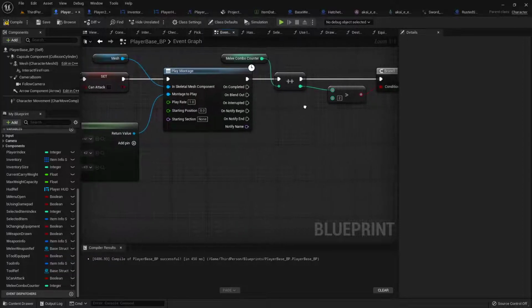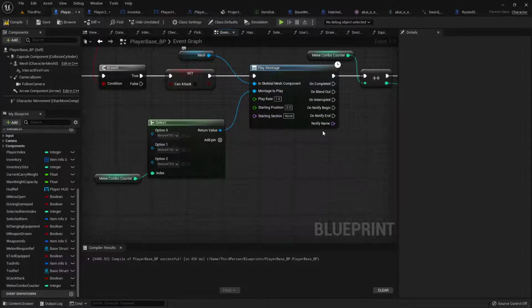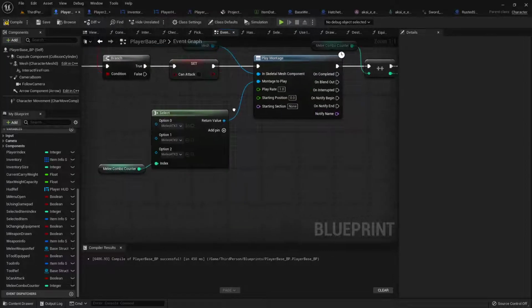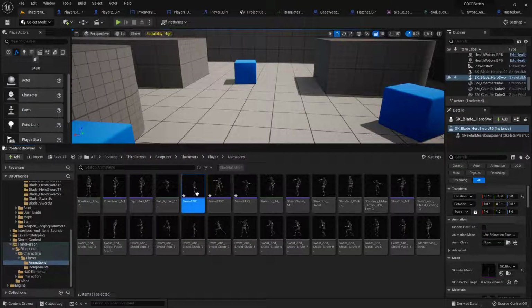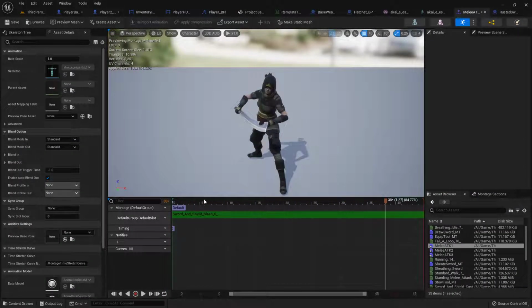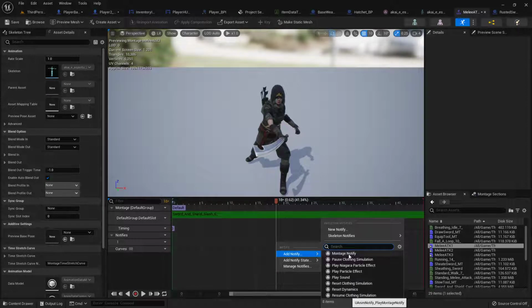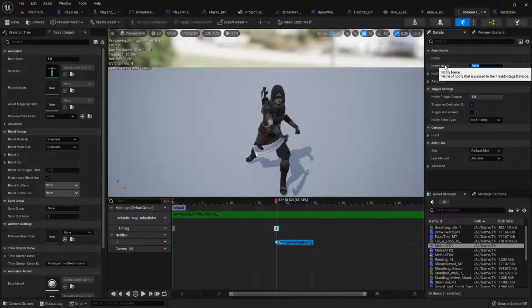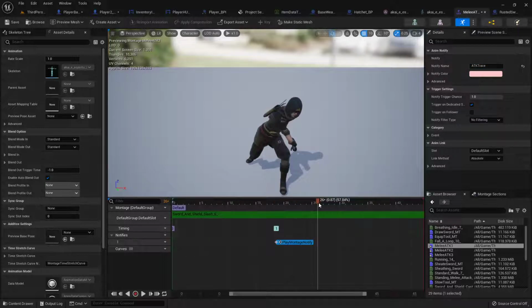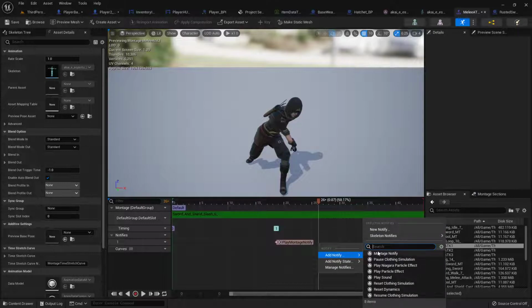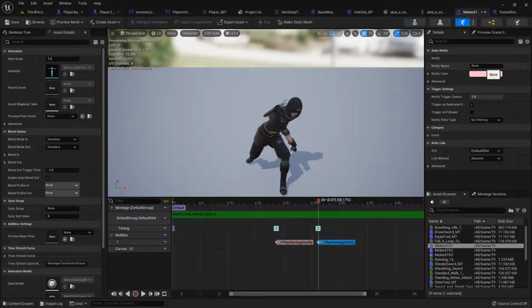Now in order to go into our can attack and all that again, we're going to do it on notifies. So let's go to our melee attack 1, we'll add a notify. And right about there looks good. I'm going to add a montage notify. This is going to be my ATK trace track. Trace. Right about here is my attack release, so I'll add another montage notify that's called